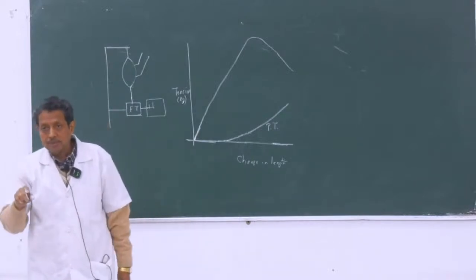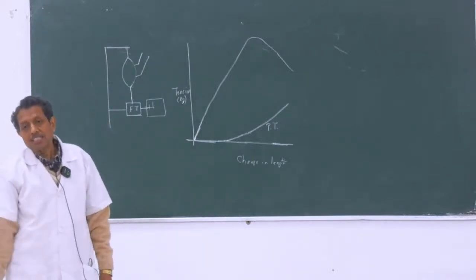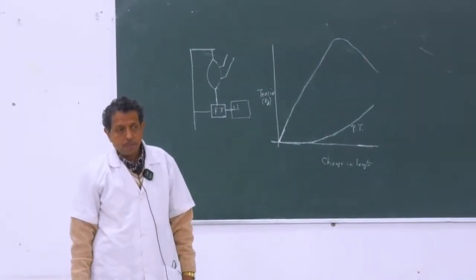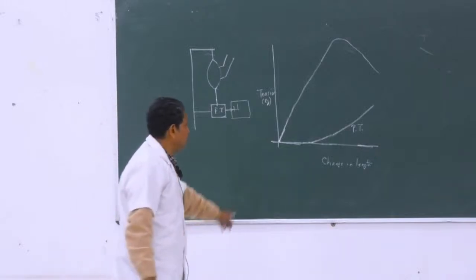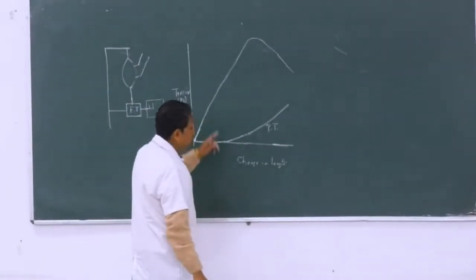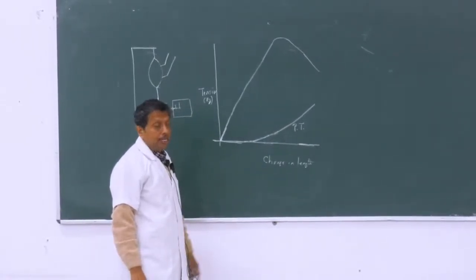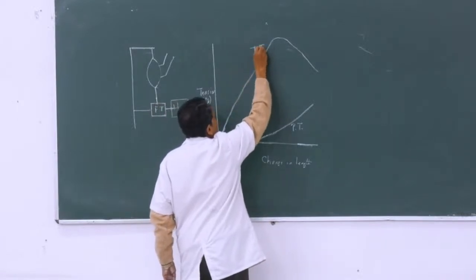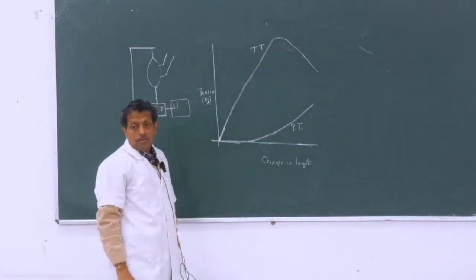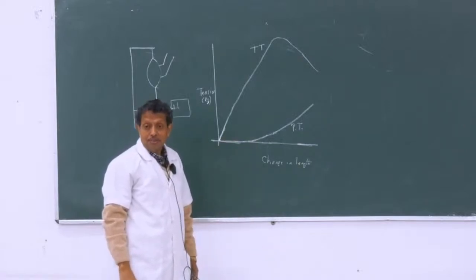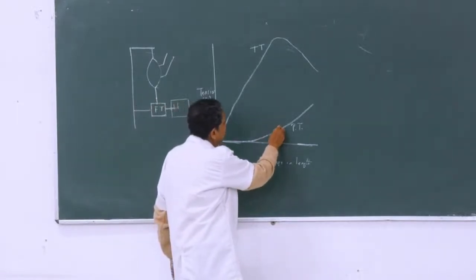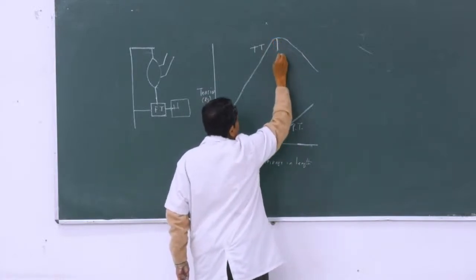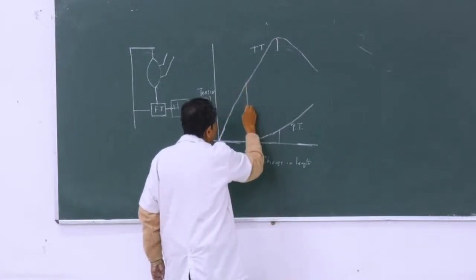Only the length is changed, and in response to this, muscle is an elastic tissue. It will exert some tension like a rubber band. So it is the passive tension, and at any length it is stimulated, and it is the total tension that is produced. And in between, there is the active tension. Suppose you consider this distance, you subtract this distance from this, and in this case it is this point.